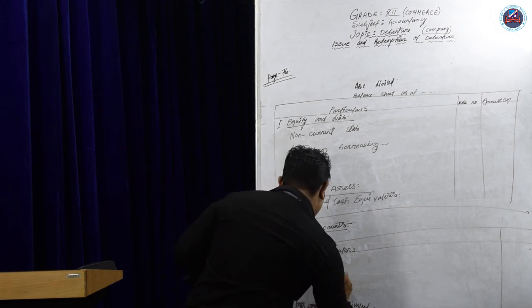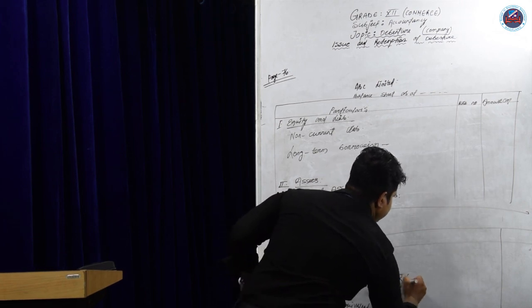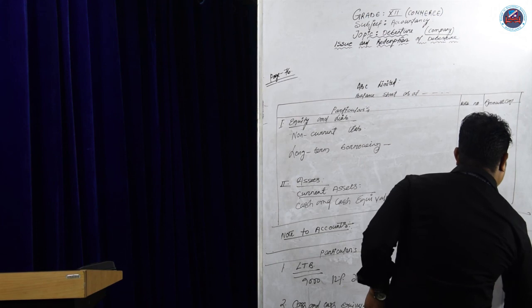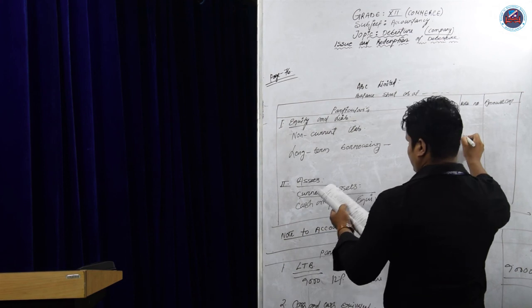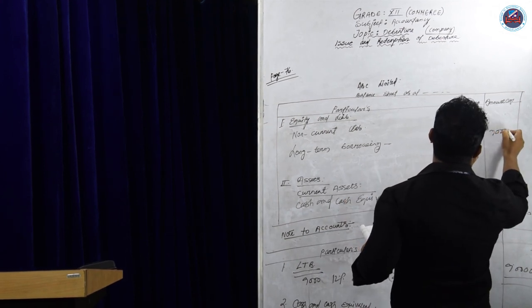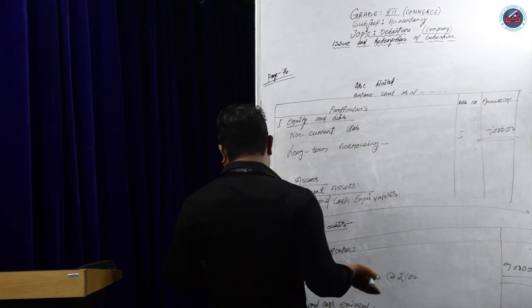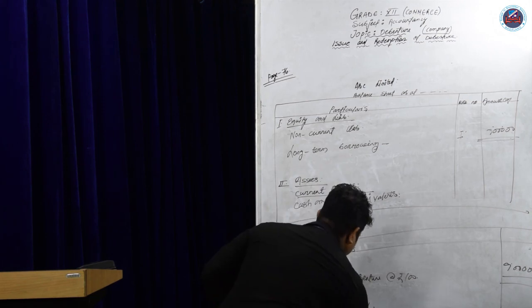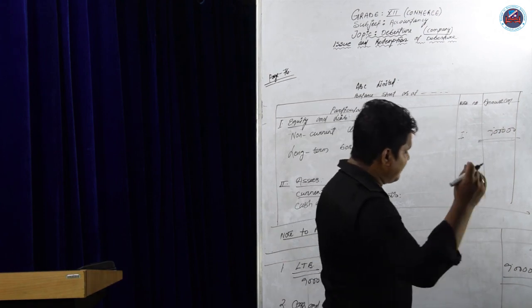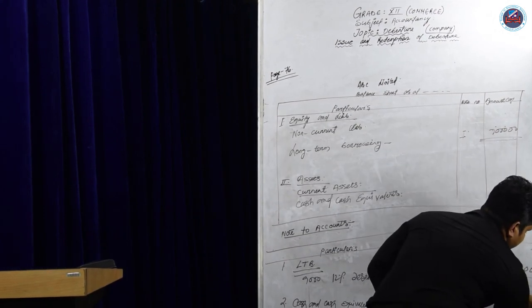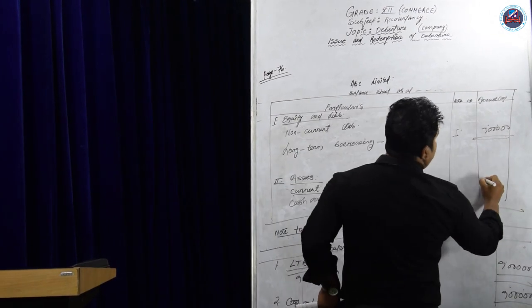9,000, 12% debentures at the rate of rupees 100 each. If you multiply it, that will become 9 lakh. That 9 lakh will come here, from the notes to accounts. So cash and cash equivalent, how much cash came at bank? The same, because we are issuing the same 9,000 debentures, the amount will come in the bank account. That is 9,000 into 100, same 9 lakh. So cash and cash equivalent is also 9 lakh.